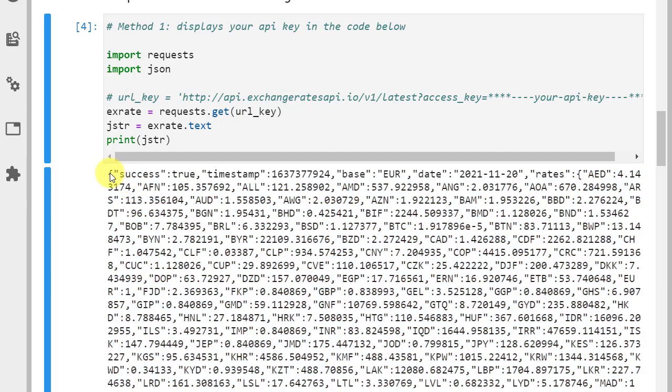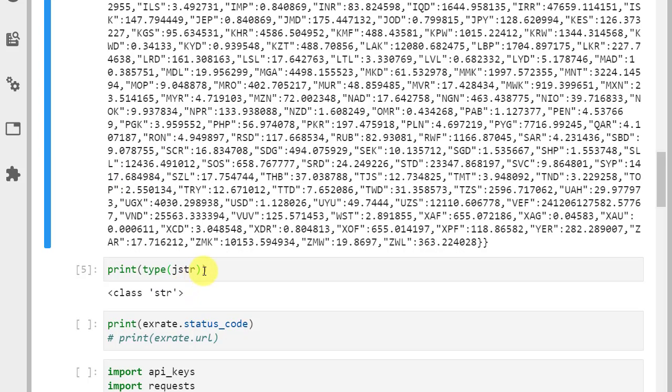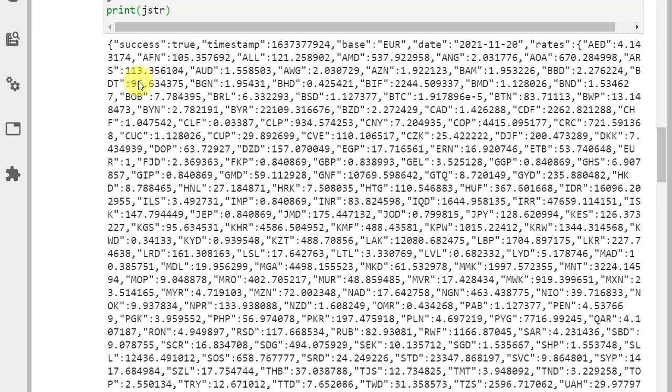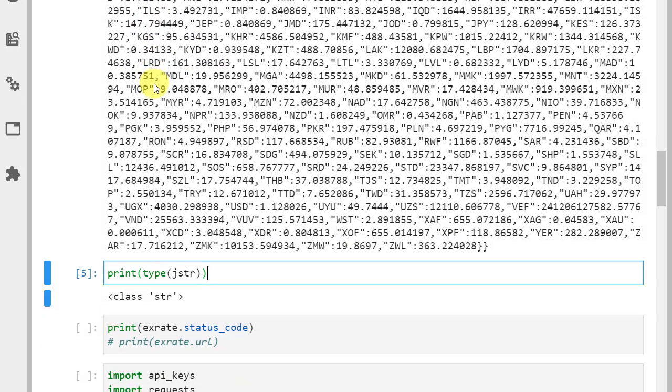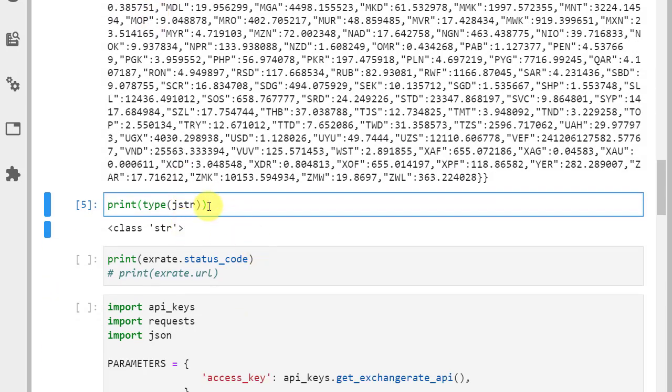But we shouldn't forget that what we're getting back from the service is a valid Python structure that is inside a string. So what we need to do is basically remove the string so that we can just start using the dictionary. Before I do that, I'm going to show this to you in a few minutes,